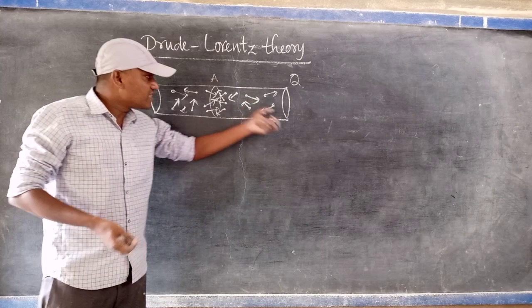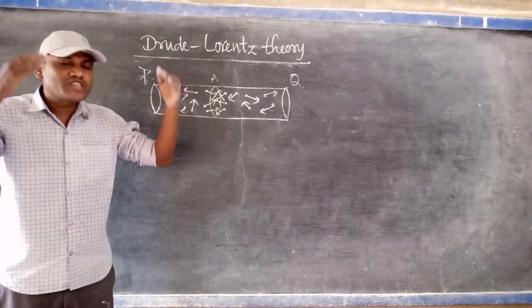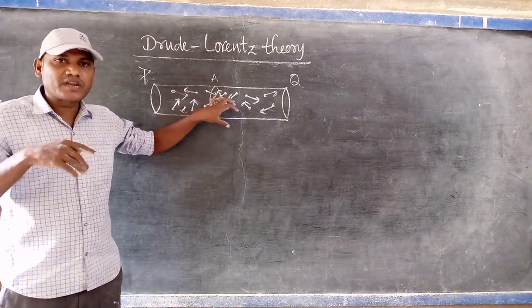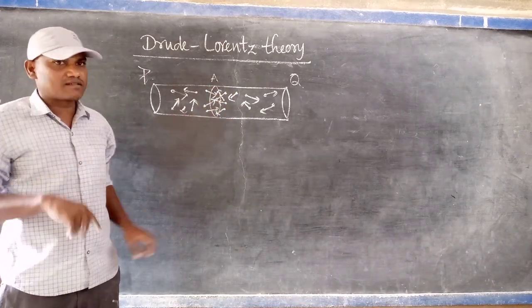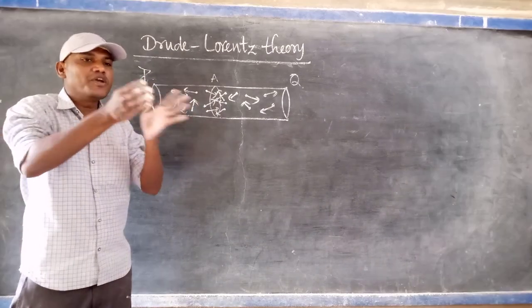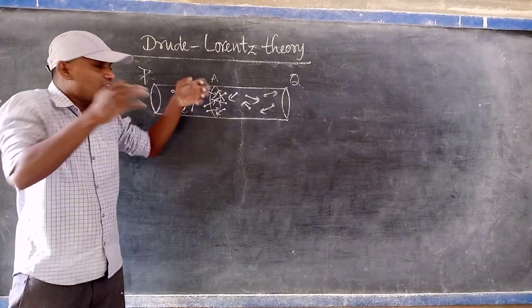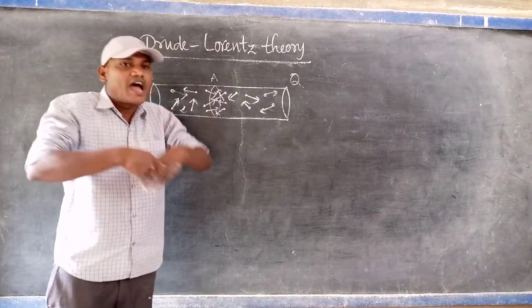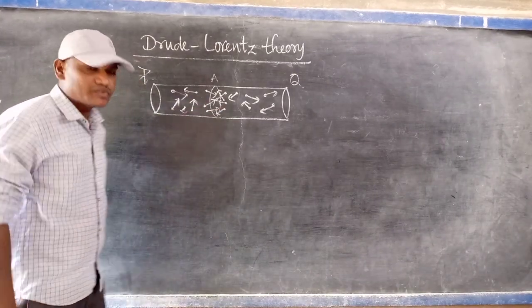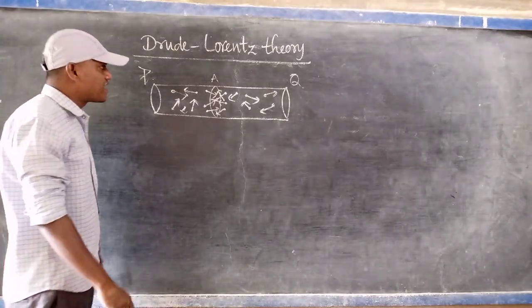In the same way, consider the electrons inside the conductor. Mainly we discuss free electrons, not the bonded electrons. That's why the free electrons do not move in a proper direction. They move in random motion. Due to the random motion, one electron and another electron collide with each other, lose energy, and change direction. Later, in the next concept, the drift velocity, I will go into some more detail about this.